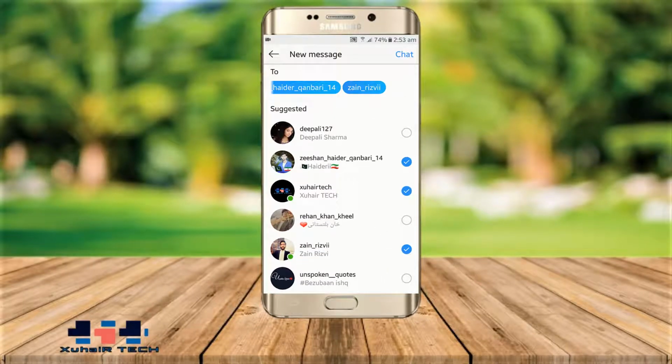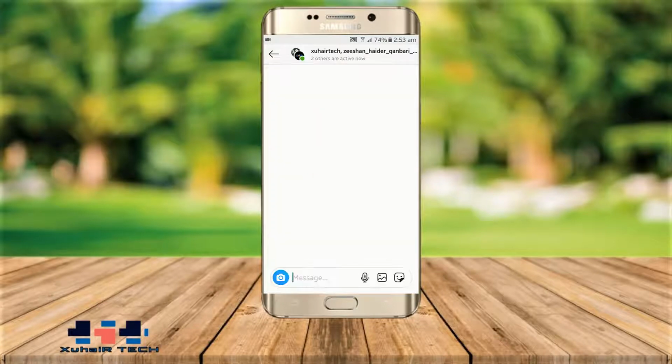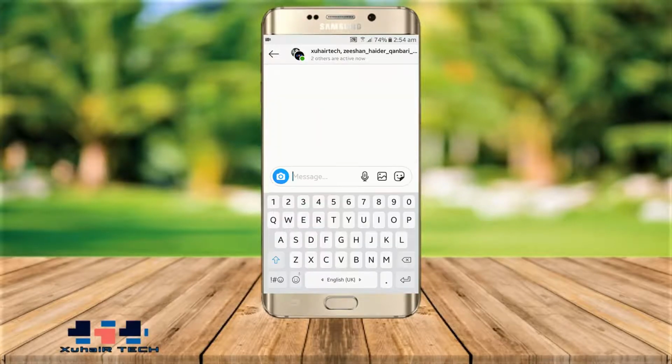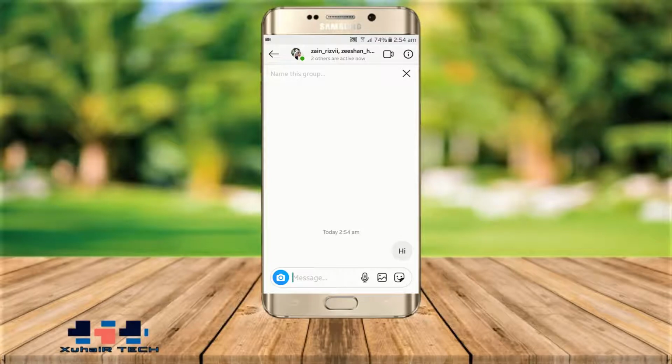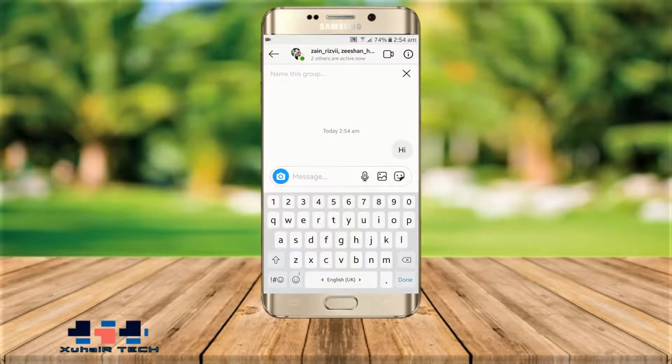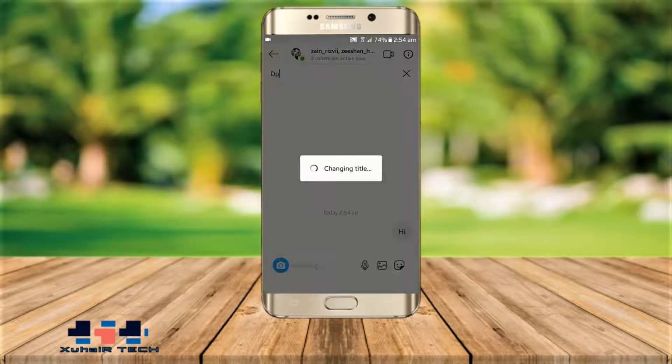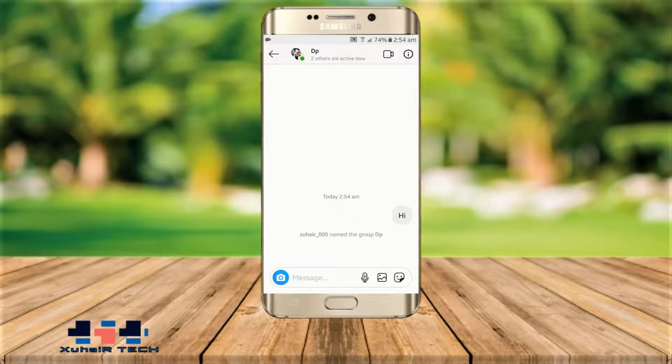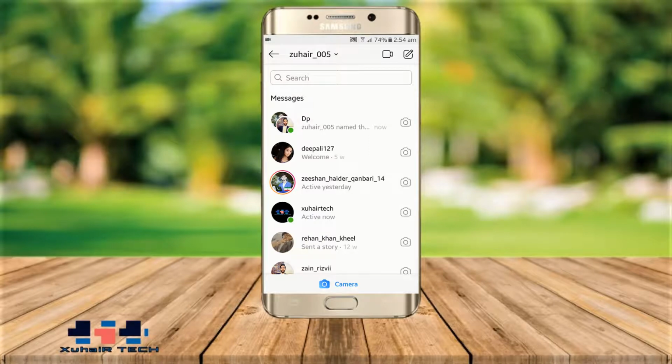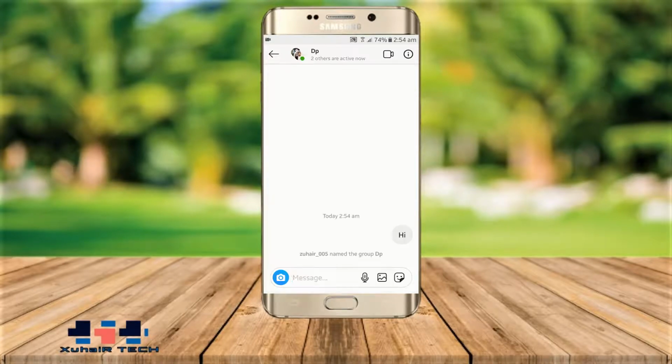Now after selecting the members, you just have to tap on this chat. Okay, now here you can chat in a group. After sending the message, at the top you can see that there is an option of name this group. Okay, now click on done. Now if I go back, then here you can see that our group has been created,